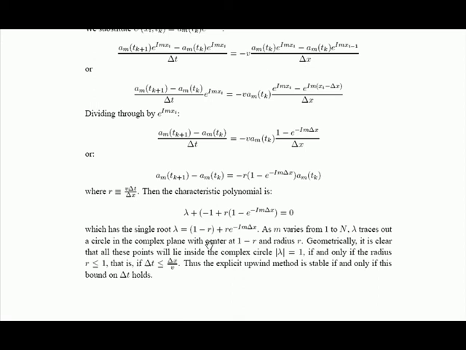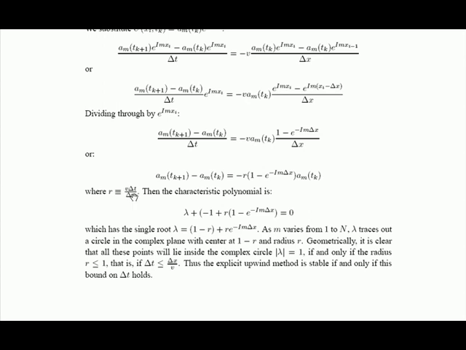This is a circle that, for any r between 0 and 1, lies entirely inside the unit complex circle. If r is bigger than 1, then the radius is bigger than 1, so it obviously can't be inside the complex circle of radius 1. So r needs to be less than or equal to 1 for stability, and looking at the definition of r, which